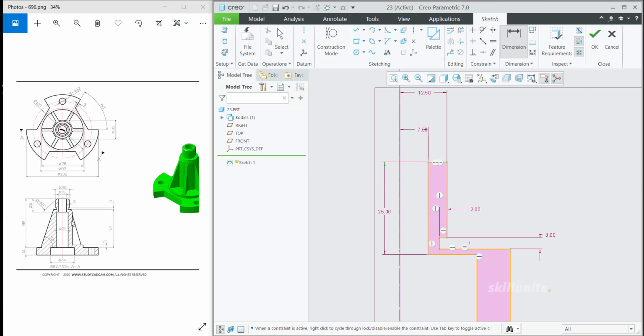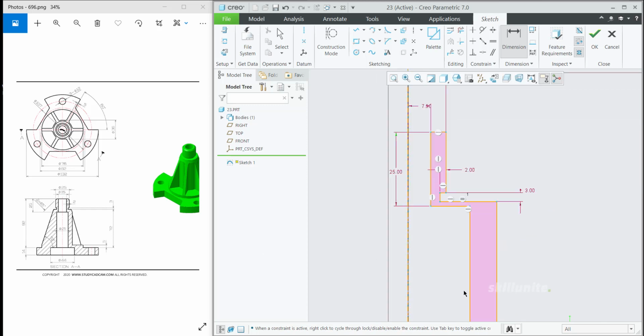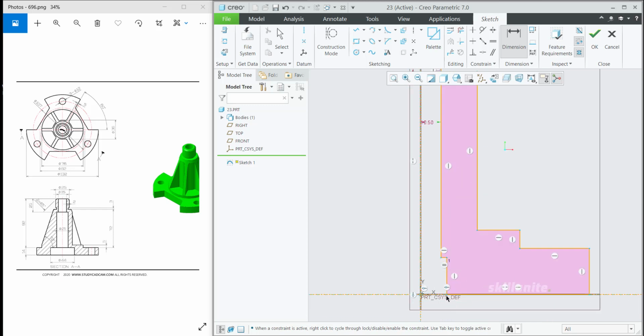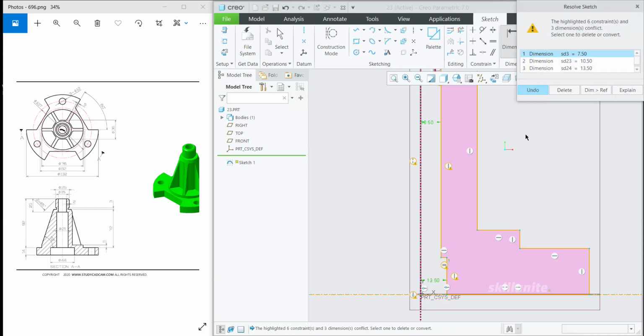Then this diameter is 21. So half means 10.5. So then coming down, this one, it is diameter 42. So then half means we need to mention is 22.